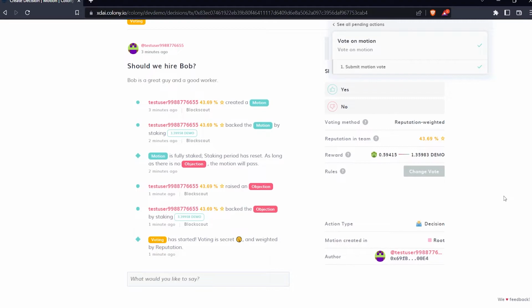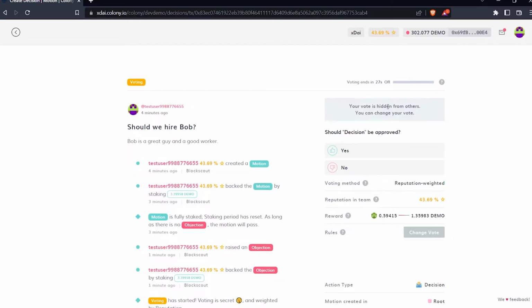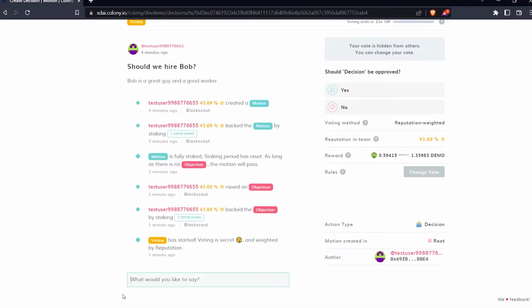Like in between every one of these moves, we'd be heading back to Discord, we'd be debating it. We really need to communicate at every step of the way here. So now we're just waiting for the end of the voting period here. In the meantime, I can leave a comment saying, let's say,